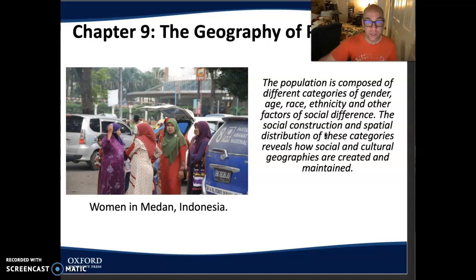I have a research link from the Pew Research Center to help you get some information on what the trends are and where they're going 50 years from now. We're looking at demographics and the composition of populations: their gender, age, race, ethnic, religious qualities, and how they shake out and what percentage of each category is seen in that population. Racial percentages, ethnic percentages, age percentages, and more importantly, how those percentages change over time, what the trends are, and what the trends indicate as far as future changes to those demographic groups. So consider that when you're approaching this week's discussion board question